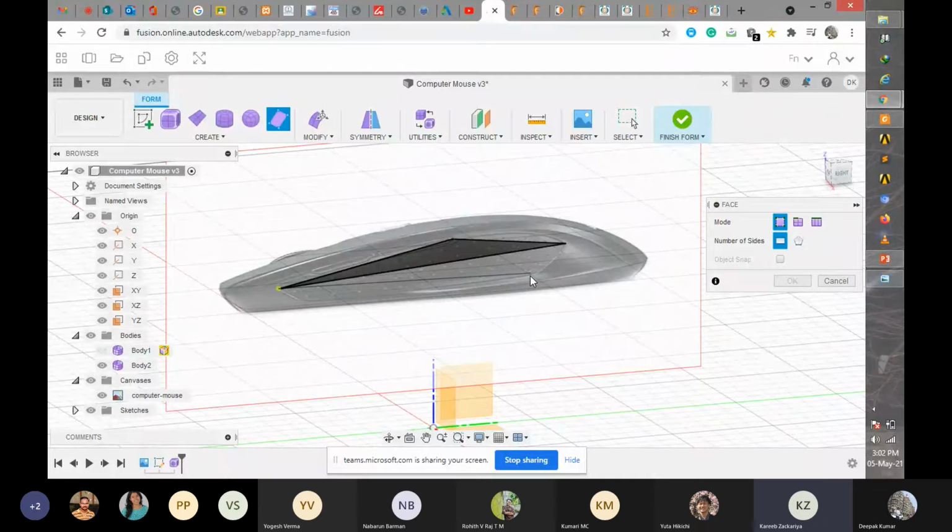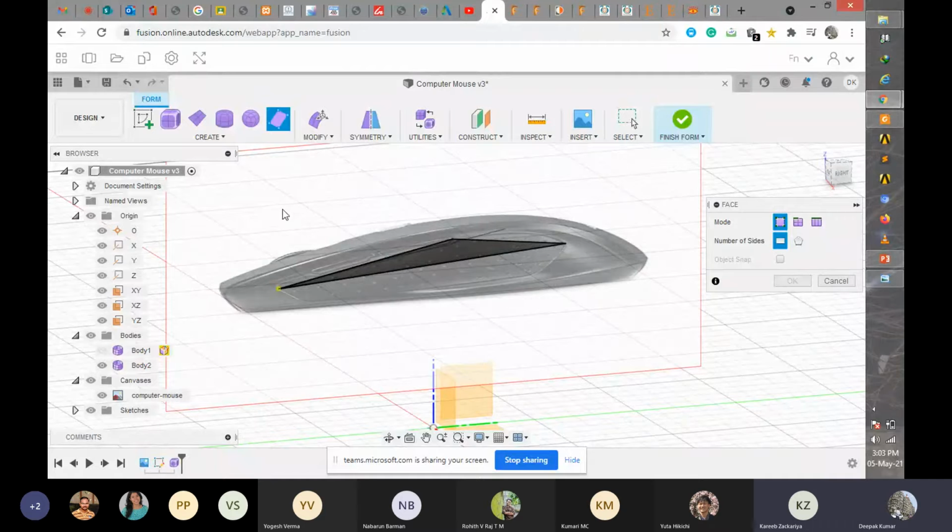Here you can exactly trace that thumb grip surface, but you have to make it in 3D. Then only it becomes a 3D surface. Then you use all the basic commands to push and pull the surfaces and make it the same as what is there in the mouse. After that, use Boolean to subtract it from the main mouse structure.